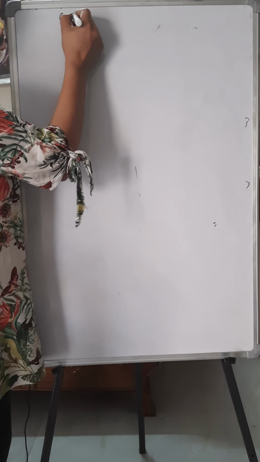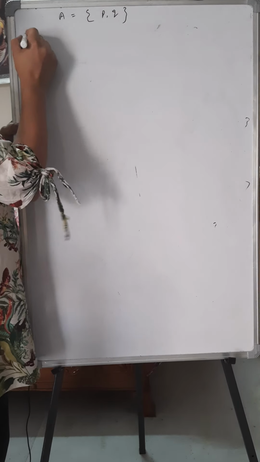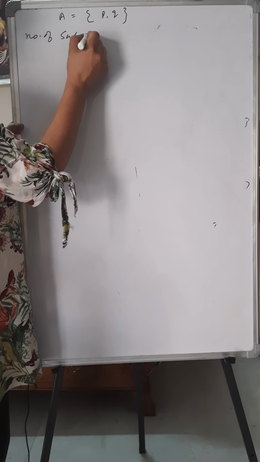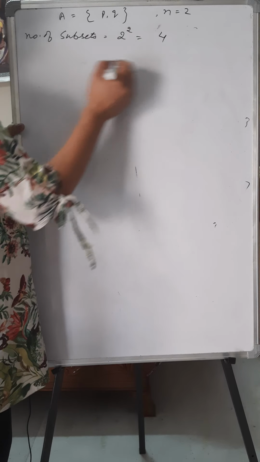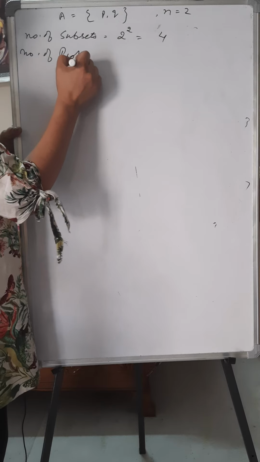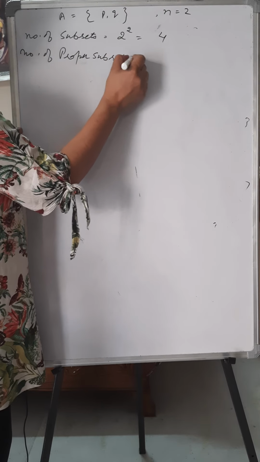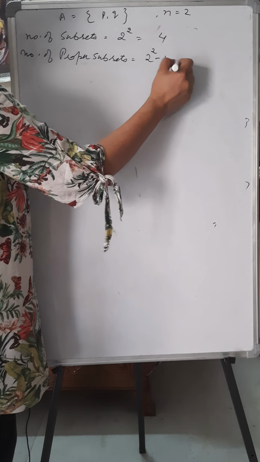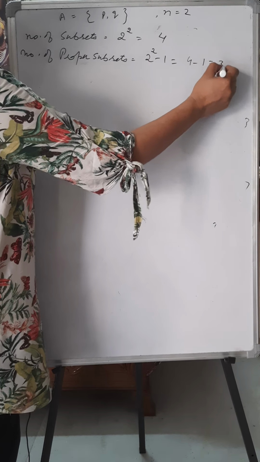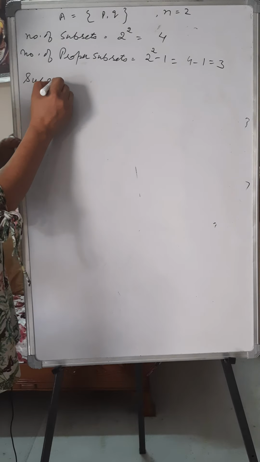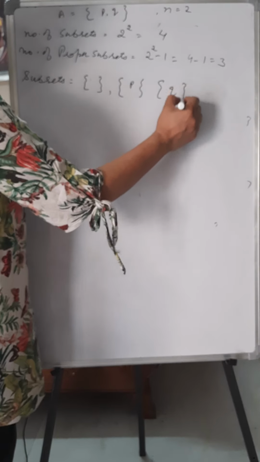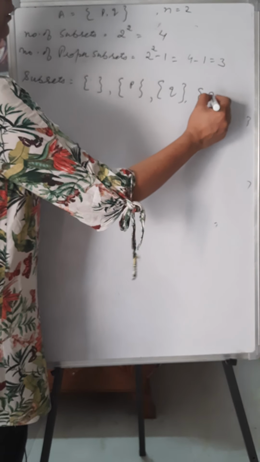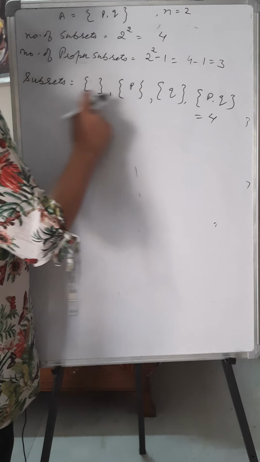Let us suppose A is a set with the elements P and Q. Number of subsets is 2 raised to power 2, as n is equal to 2, so 4. Number of proper subsets is 2 raised to power 2 minus 1, that is 4 minus 1, 3. Now I will write down the subsets. Empty set is there, then single elements, then double element,